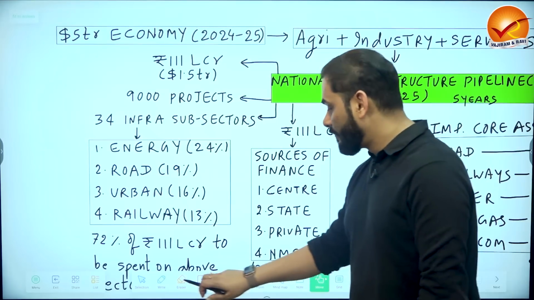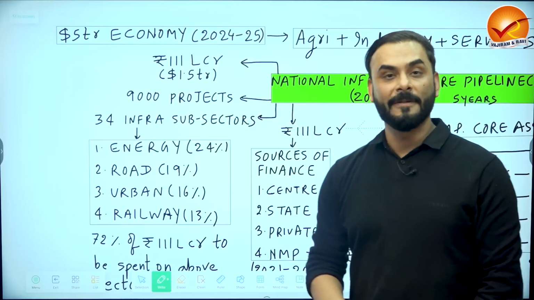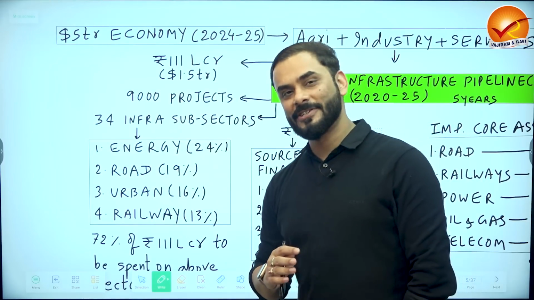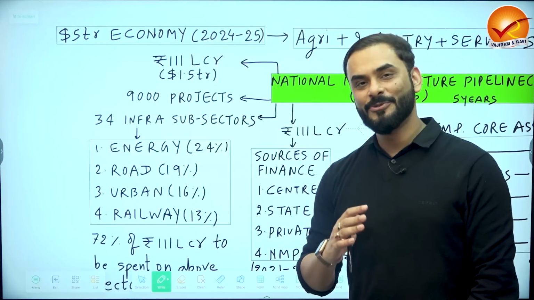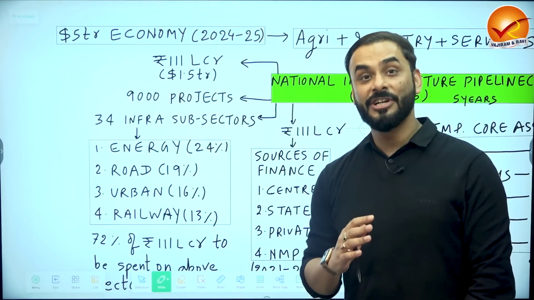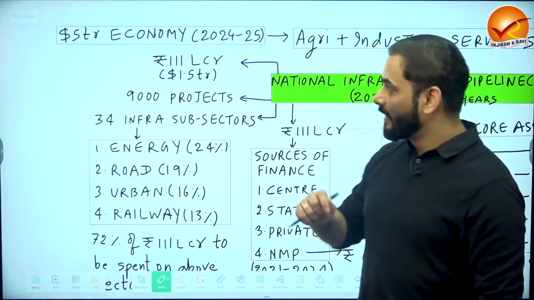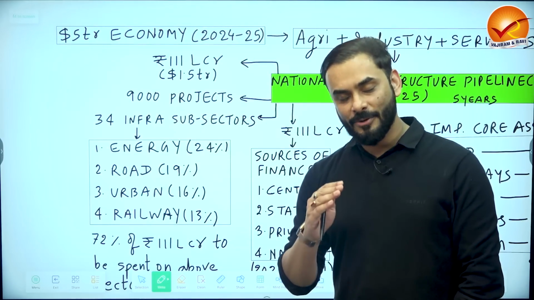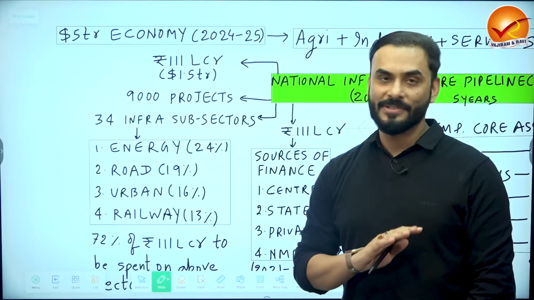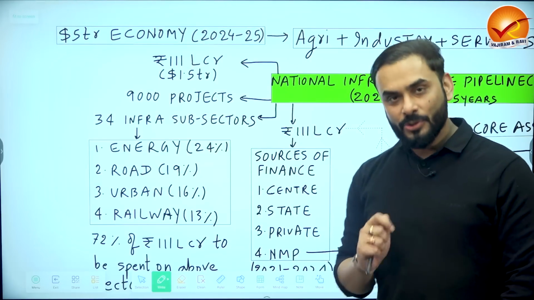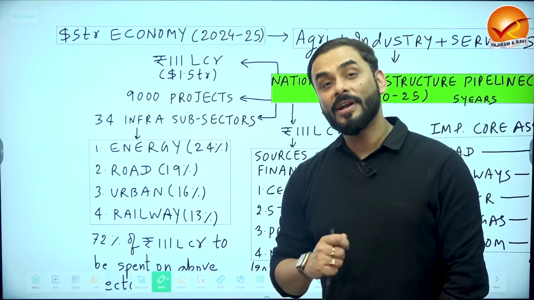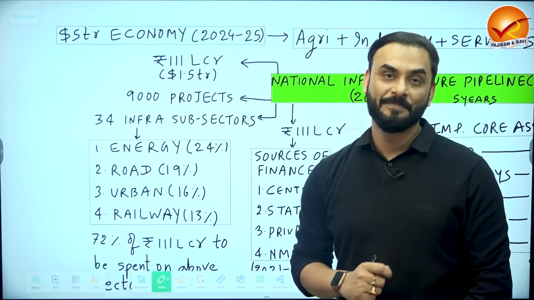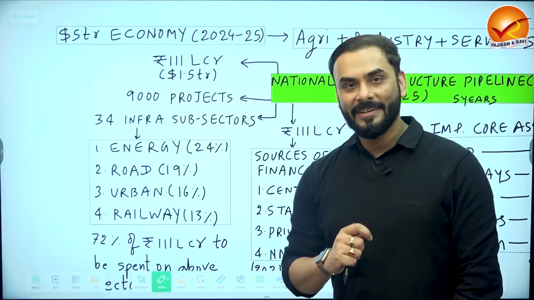We observe something called as $5 trillion economy. Now, Government of India made a promise to the people. Policymakers promised us that they are going to convert India into a $5 trillion economy, which means our GDP would be $5 trillion. They said that they are going to make our GDP $5 trillion by the year 2024-2025. This was the promise. Now, question is asked to the Government of India that how are they going to make India a $5 trillion GDP economy? All right. So, the Government of India is very smart.